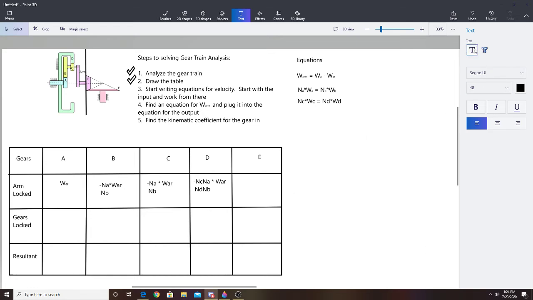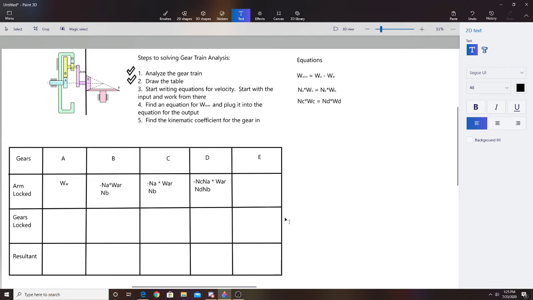Alright, so I'm gonna move on. So now the next one. So if the arm is fixed really fast, so let's say the arm is not moving here, what does that mean for gear E? Since gear E is on the same shaft as the arm. What does that mean for us, for gear E? Remember, one velocity equals the next if they're on the same shaft. So if the velocity of the arm is 0,